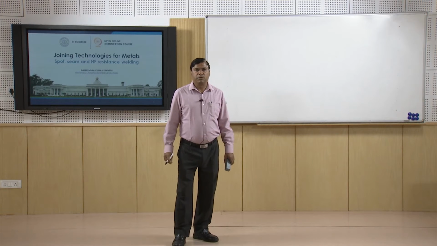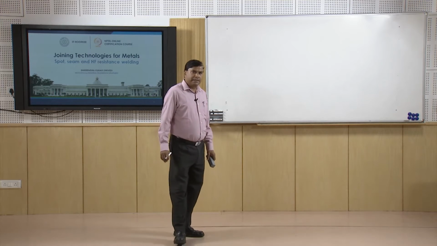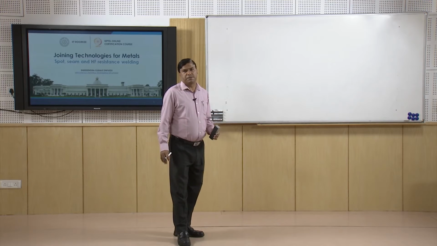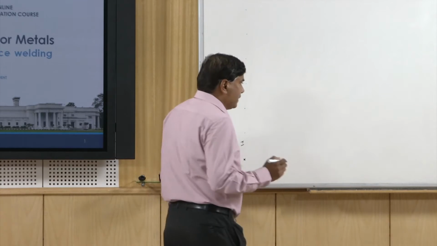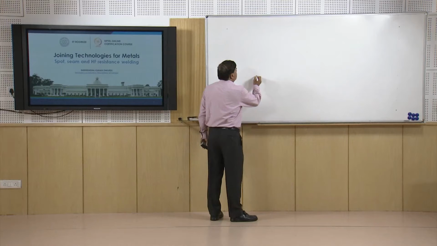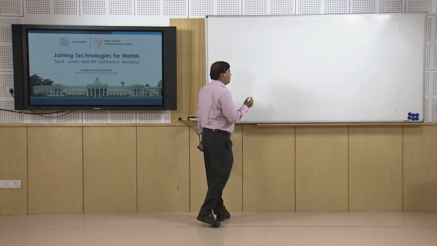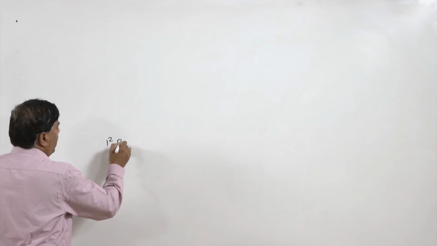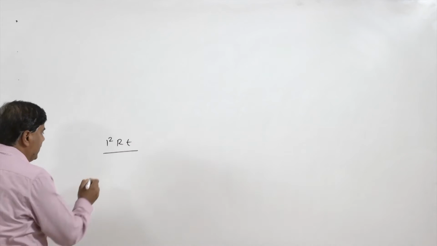Hello, I welcome you all to the second lecture on the resistance welding processes. In the last lecture I talked about the basic principles by which weld joints are developed, and we know that in resistance welding processes the heat used for the development of the joint comes from the I square R T heating principle. So, the selection of the welding current,